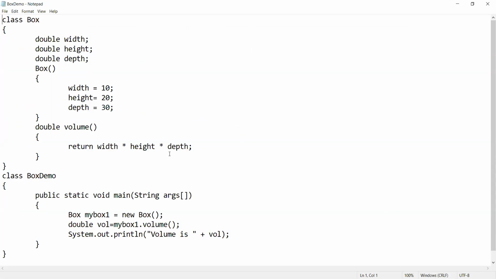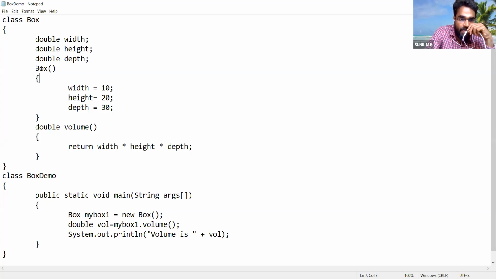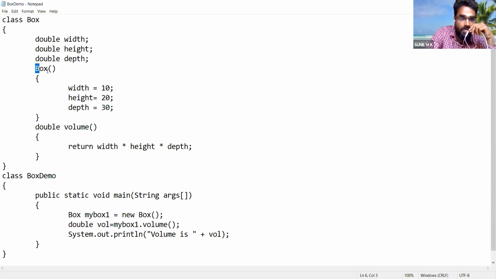Yeah. So can you see here? This is our same example. Box is our class, and inside it are our instance variables, width and height. The next part is our constructor. The constructor should have the same name as the class. Here the class is Box, and here also Box. After that, this bracket indicates a method. You see in front of Box, nothing is there. That means there is no return type, not even void.